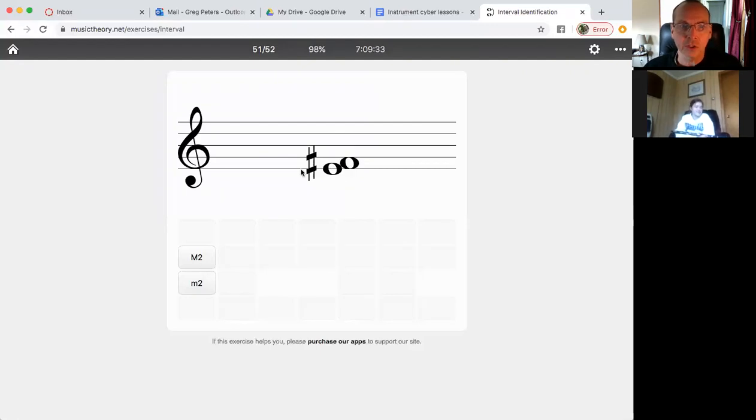Now, when we look at the sharp in this F space, a sharp does nothing more than raise a pitch by a half step. So if an E to an F is a half step, which you just identified, now we're going E to F sharp. We're raising the F by a half step. This becomes